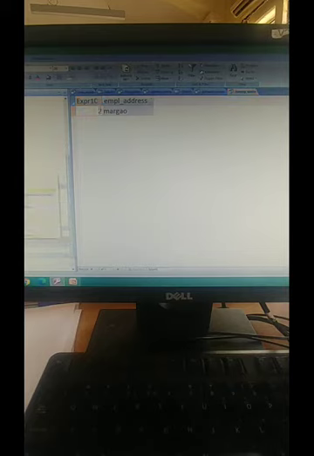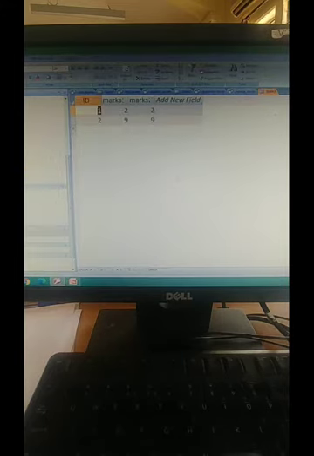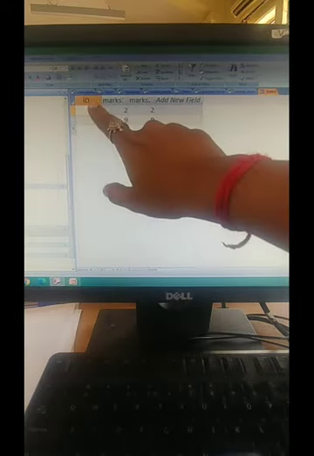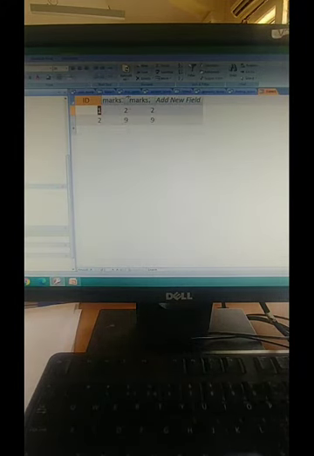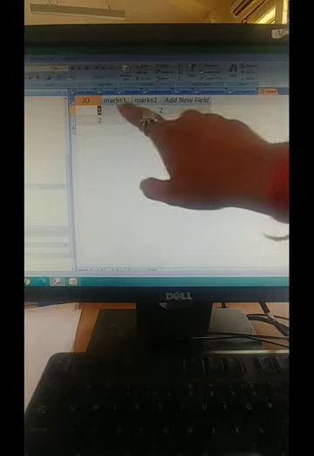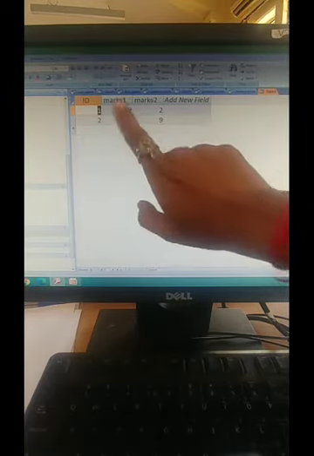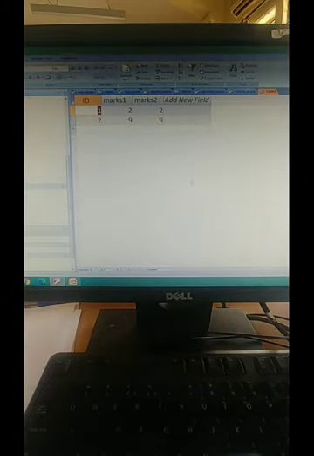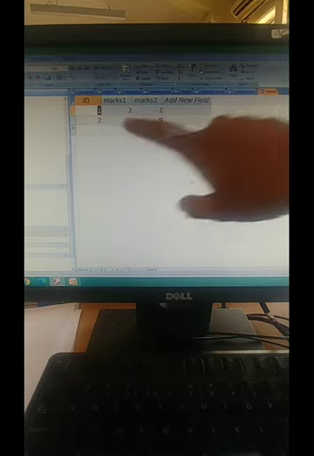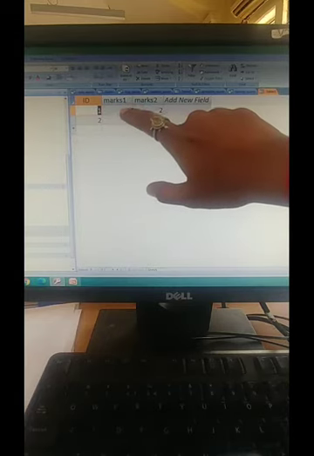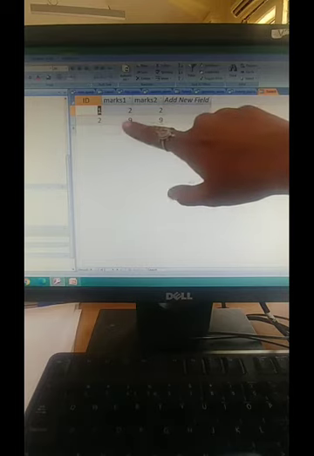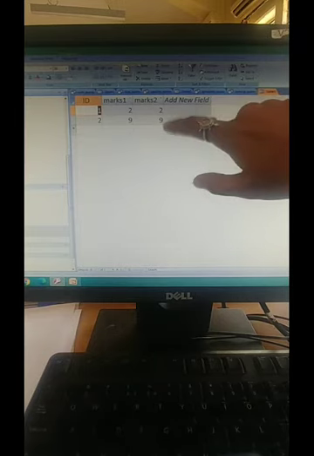First I'll show you the table. This is that table. This is table 3. I have given one column ID, and marks 1 and marks 2 columns. This is marks 1, this is marks 2. I have given simple numbers so that we can count the output properly. So subject 1 marks is 2, subject 2 marks is 2. Then the second record, subject 1 marks are 9, and the same marks I have given for subject 2.